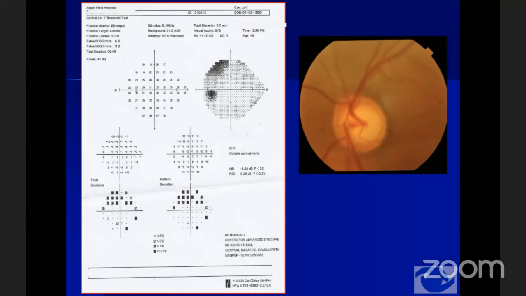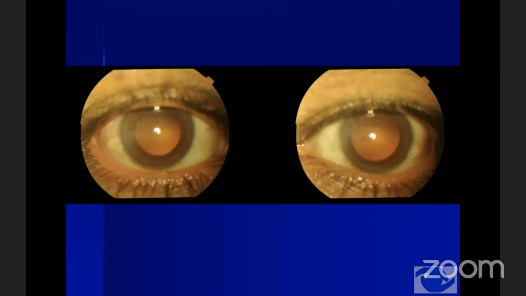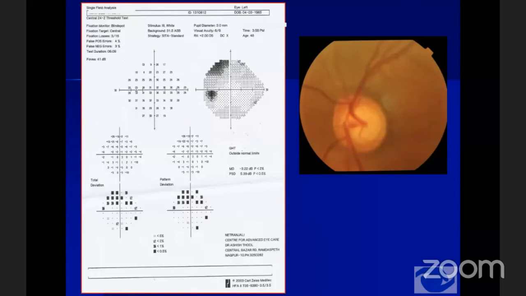And when we look at the patient after dilatation, what he is having is a posterior subcapsular cataract in the left eye, more so inferonasally. And because this posterior subcapsular cataract by location is beyond the nodal point, it has reflected or translated into the visual field defect in the superotemporal area.